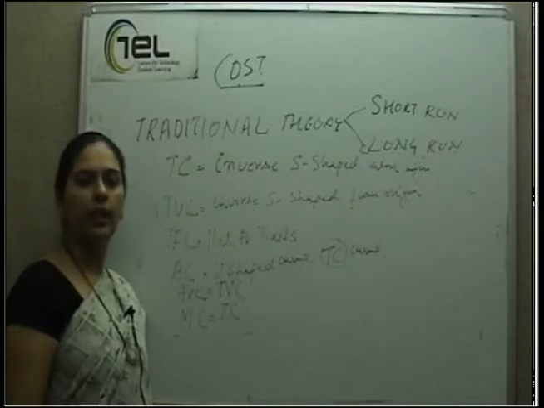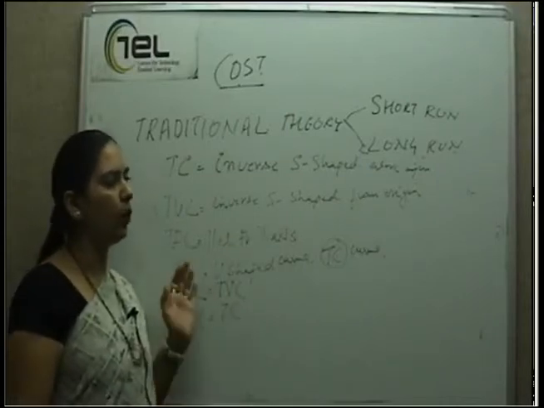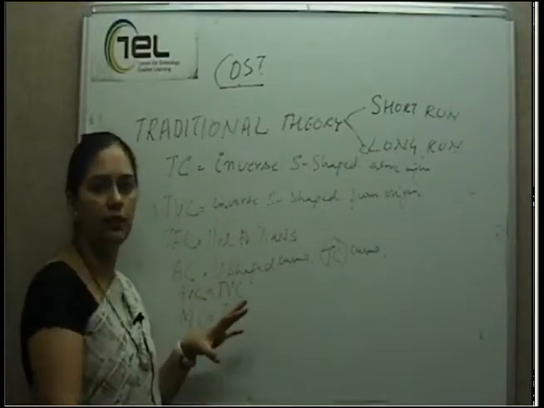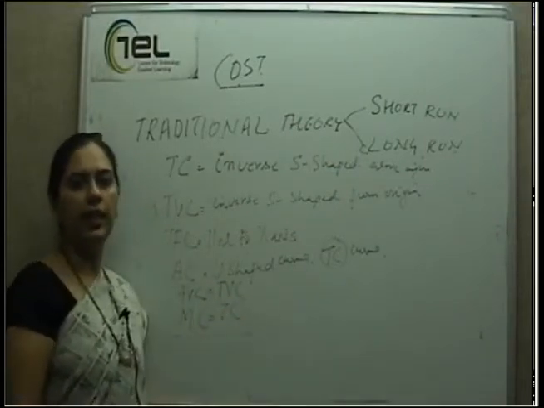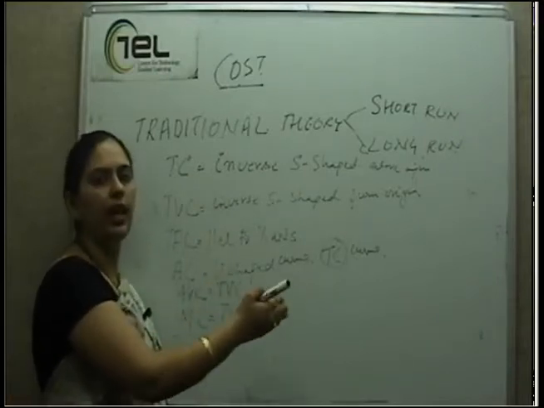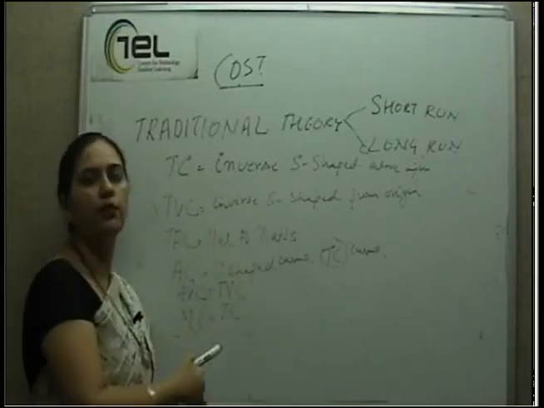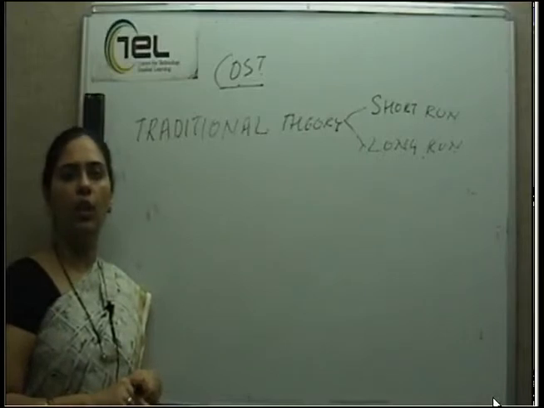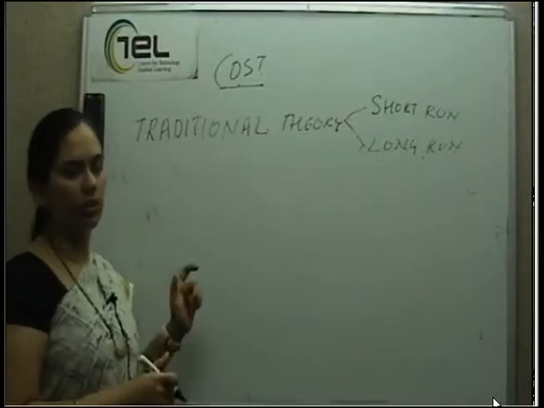In the end, we would also be drawing one graph where we will be putting all the average curves together, and then we will show the relationship, that is, the stages we will divide and how all the graphs move together. So now we will be plotting all the average cost and marginal cost together.